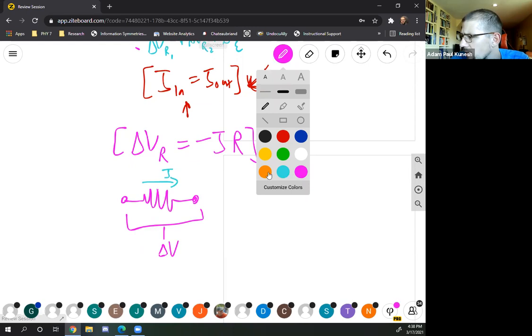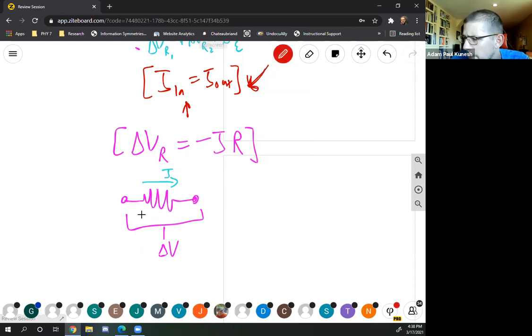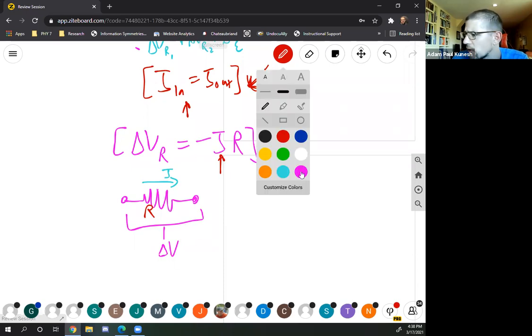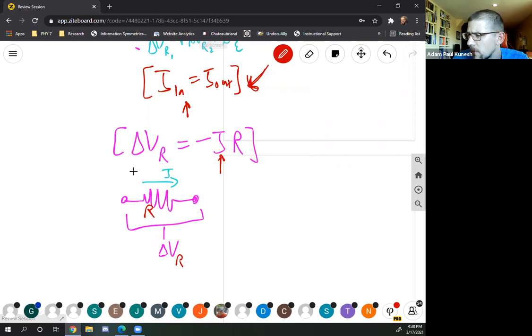And here's my resistor value R. Okay, so I have to refer to the current through the resistive element. That's the main thing that sometimes trips people up about this equation. So there's a change in voltage across the resistor. The change in voltage from one end of the resistor to the other is the current through that resistor times its resistance. It tells me that basically the more current I have, the more energy will be dissipated by the